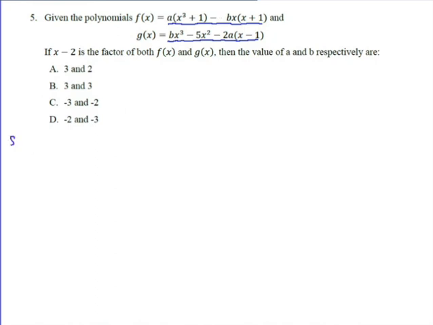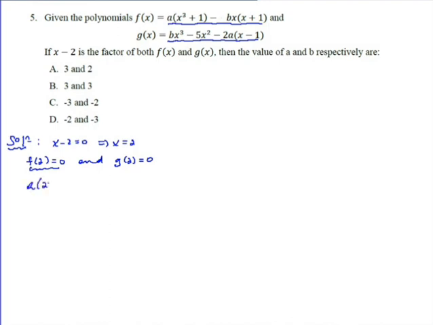So what is given here is that for these two functions, x minus 2 is a factor. So if x minus 2 is the factor, solving x minus 2 for 0, that means x is equal to 2 will make the function 0. So both f of 2 and g of 2 will be 0. If x minus 2 is a factor, when we solve for 0 and substitute, the function gives us 0. So f of 2 is equal to 0, meaning